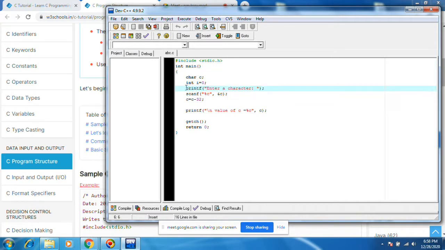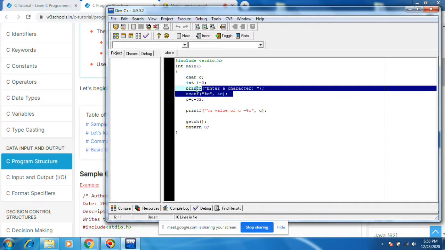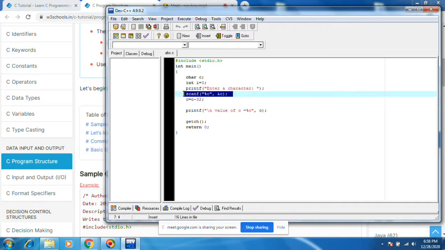Okay, this is the output one, this is the input one. There are different ways of writing input. Okay, this is one command reading the input from the console. When you compile and run, it will ask you to enter a character. Scanf will read the character and store it into the C variable. This part of the reading is nothing but reading from a console.